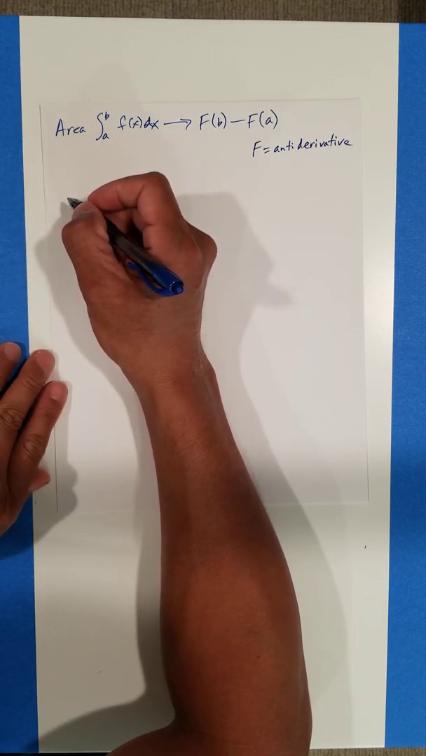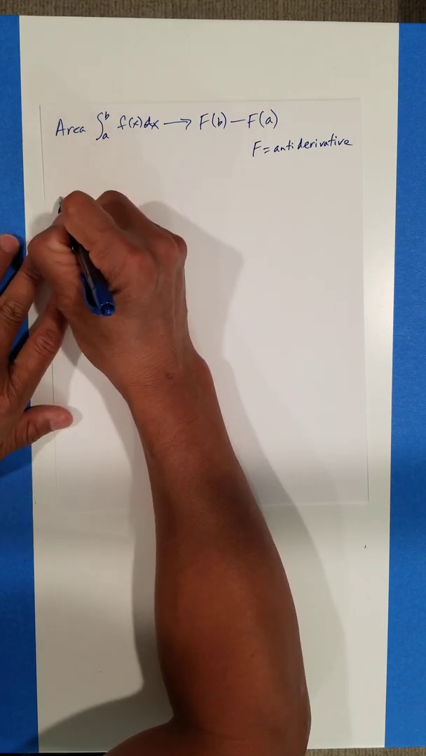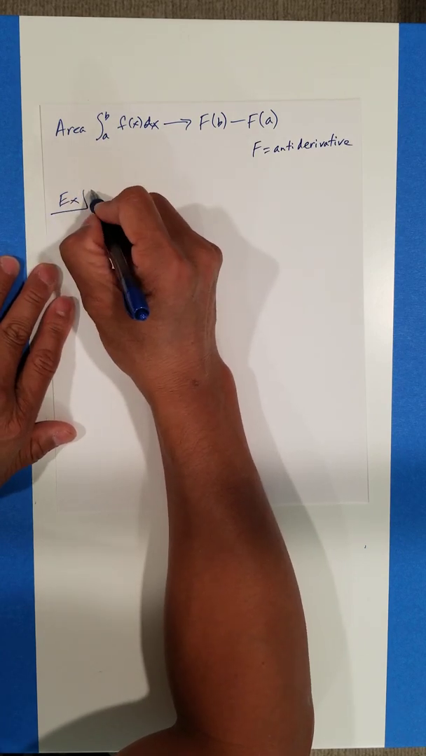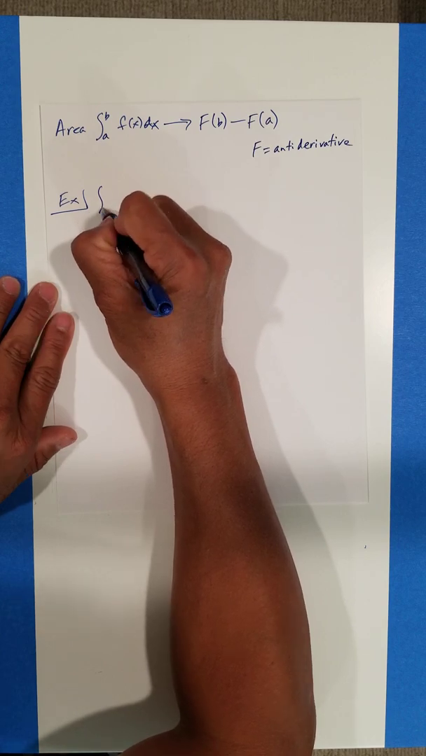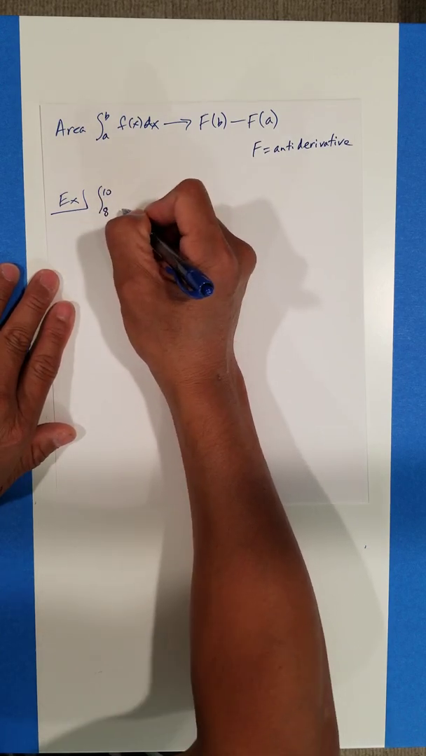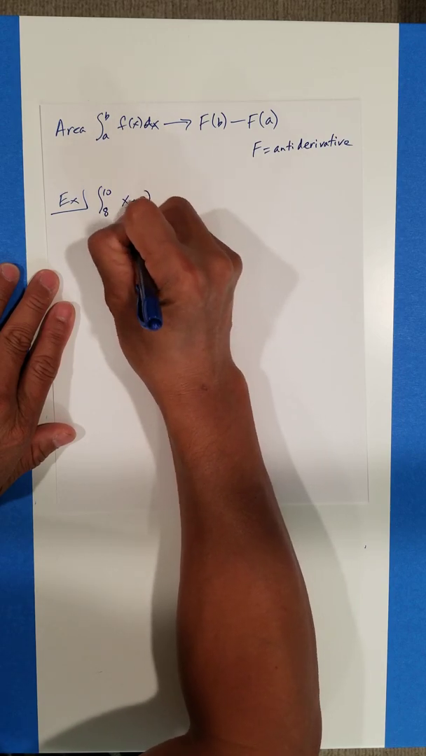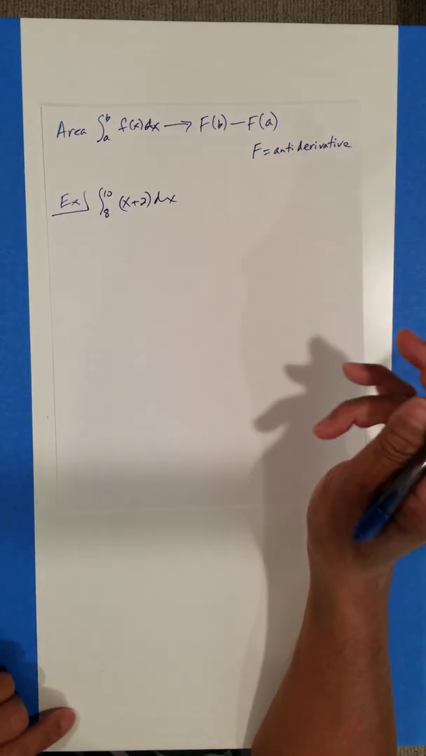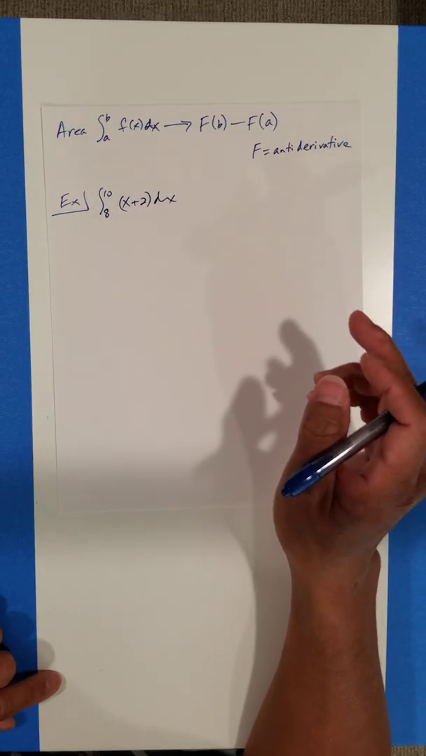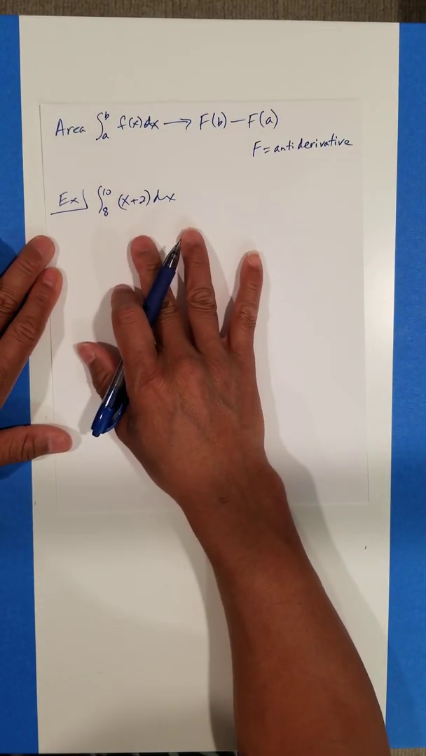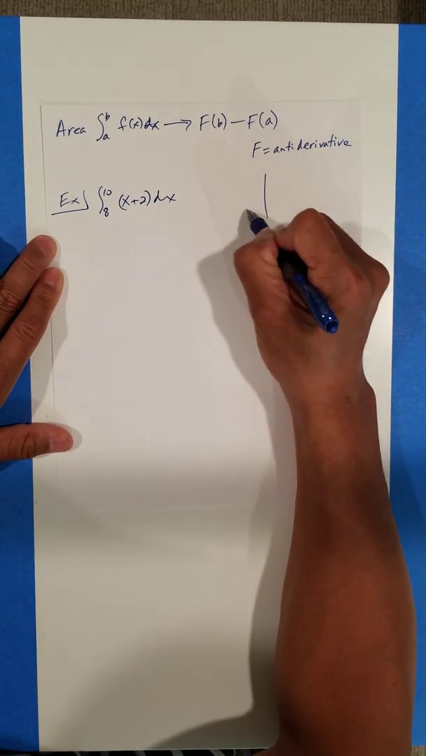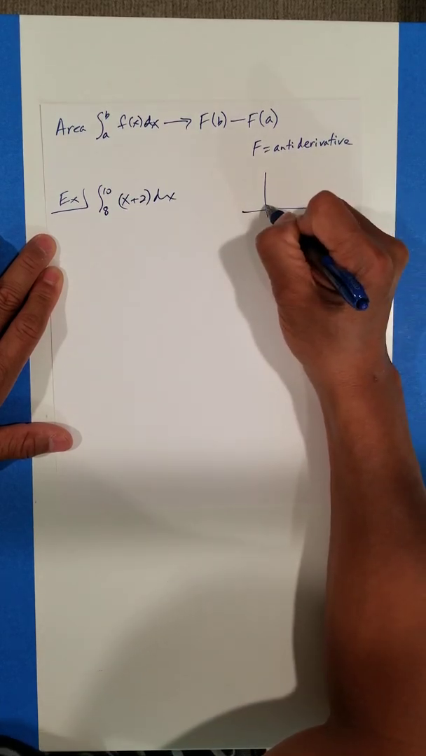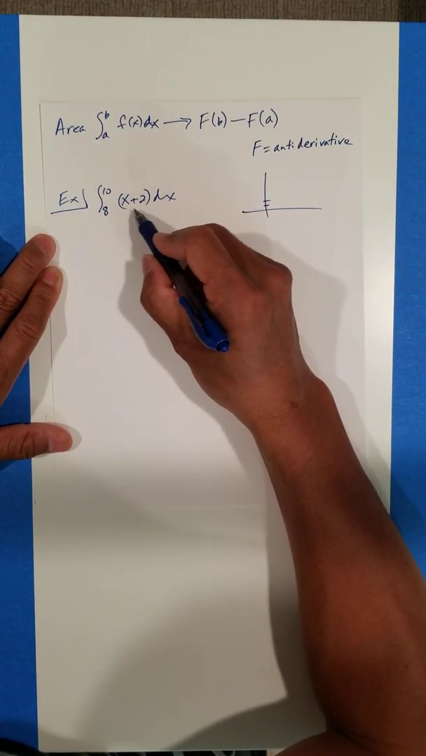Example, okay, integral from 8 through 10 of x plus 2 dx. Okay, so now if you think about this, let's say if you draw it out, x plus 2, so here's 1, 2. If you draw out this line, x plus 2,